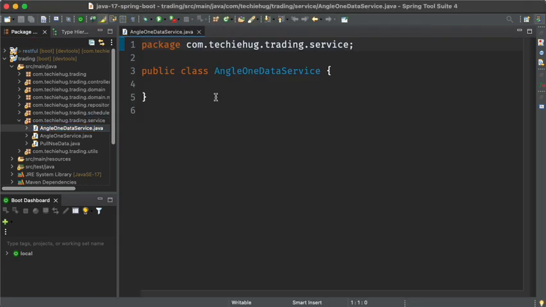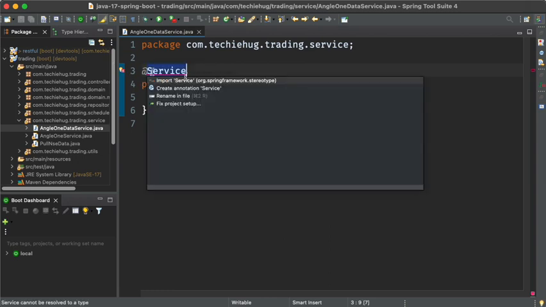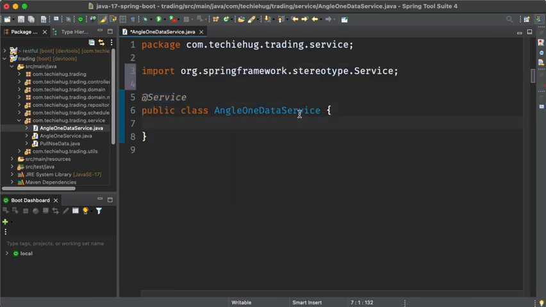So it will be here. Eclipse can automatically create some necessary code, something like GitHub Copilot or something. This is the service class, so I'm adding the service annotation. All right, import the service annotation, and then we can say that